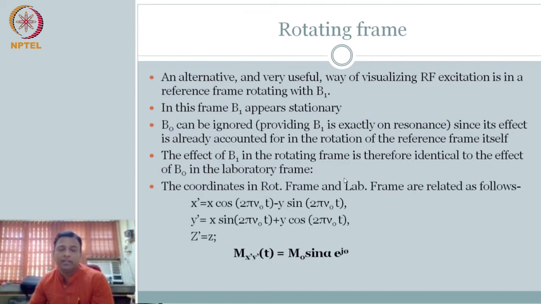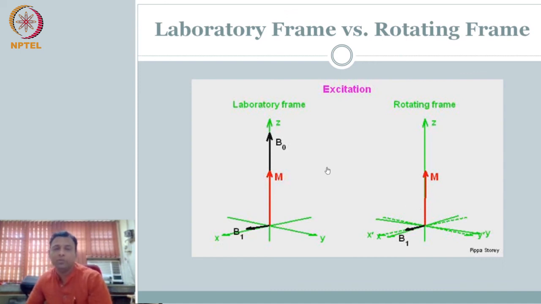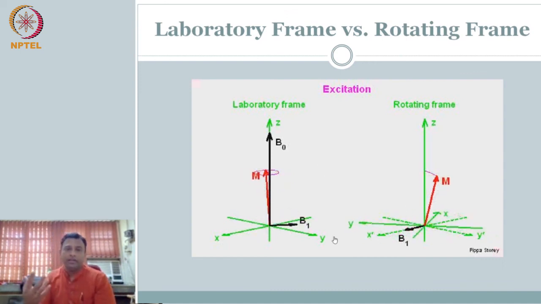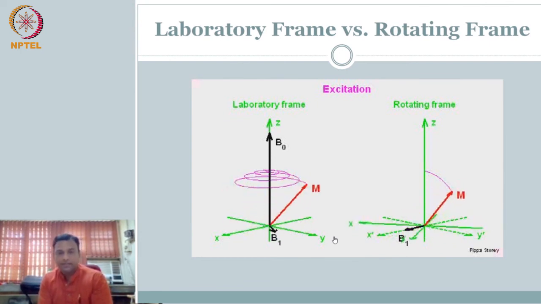Mathematically, you can do the transformation and come up with the rotating frame of reference, M x' y' of t. That is the motion of the magnetization vector described with respect to the rotating frame of reference x' y', which is equivalent to this one. Mathematically it's very simple, but it's difficult to get a grasp of it. I just have an animation that may help you understand. Intuitively, the equation that you saw is representing this.